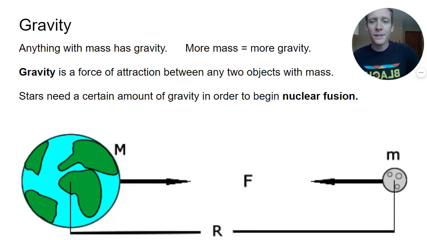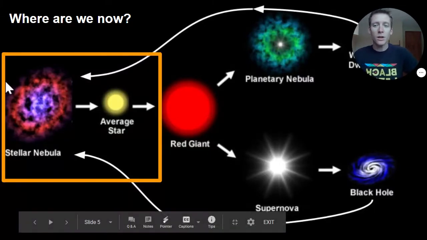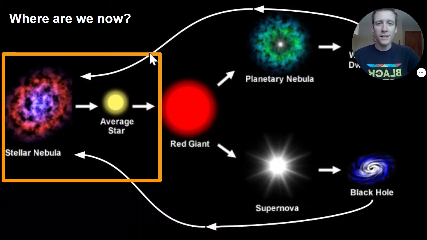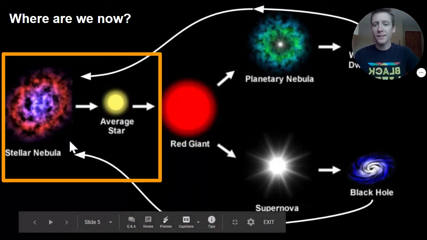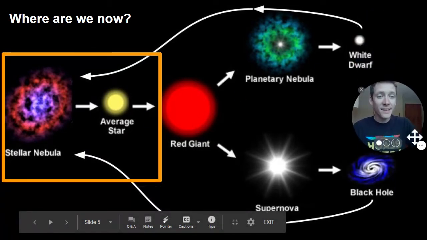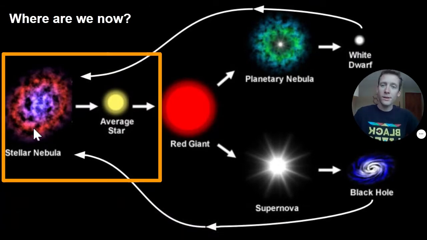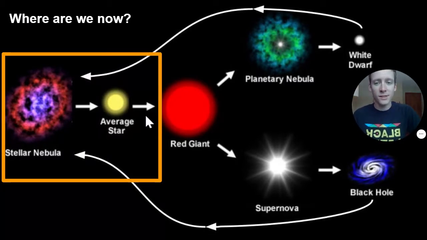But that has a big effect on stars when they're forming in the early stages of their lives, which we will talk about right now, the very beginnings of the life of a star. And when I say beginning, it's not really the beginning, because the matter that makes up stars, the stuff in stars, is constantly cycling through this first stage, to the middle stages, to its death as a star, and that stuff left over cycles back into a new star. So we're going to call it the beginning, but know that this is actually a continuous cycle. We just got to start somewhere when we talk about it.